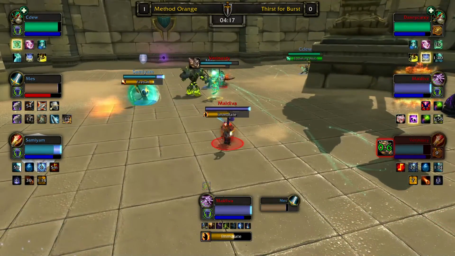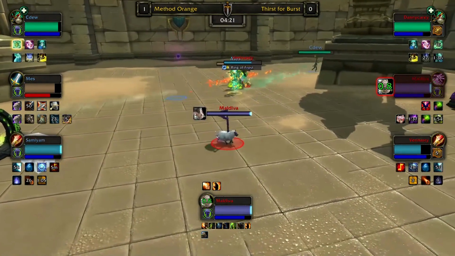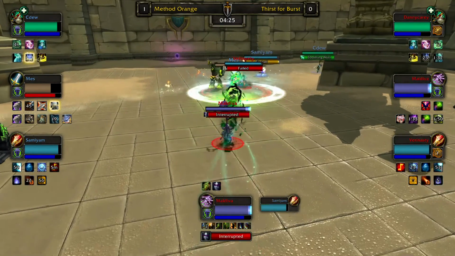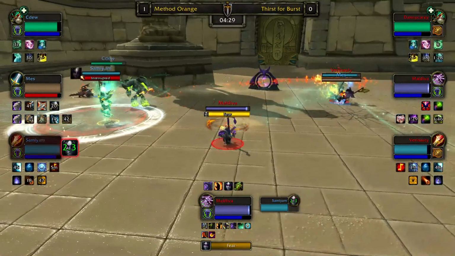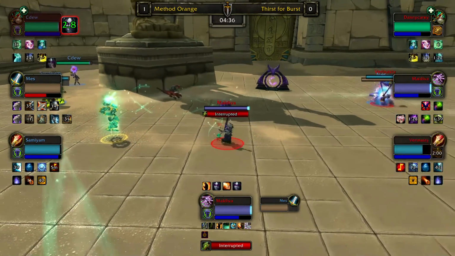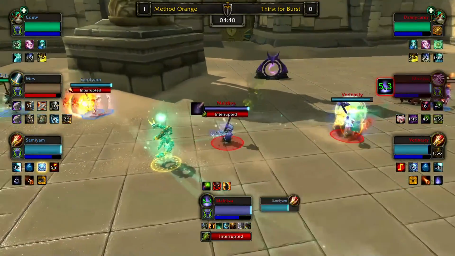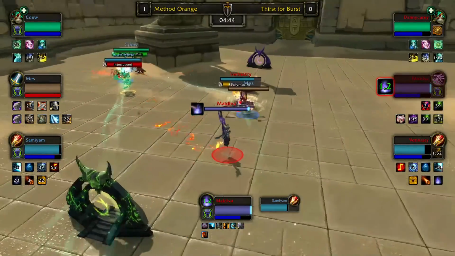Method Orange have a solid game plan here against Thirst for Burst, and honestly, this is going to be very good practice for them in preparation for the inevitable Cloud9 matchup that they're going to need to figure out how to deal with. I'm curious, what are the major differences? Because in my mind, when I'm watching this, it doesn't look very difficult for Method Orange, at least comparably to when we watched them face Cloud9. So I'm just trying to figure out the differences between Cloud9 and Thirst for Burst in